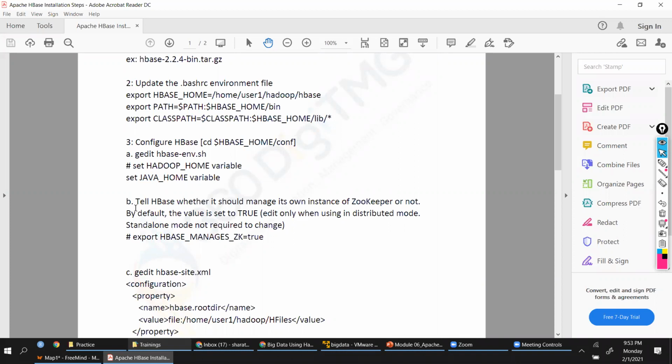Sir, question. Yes, please. For this one, HBase_home/conf, is it already set there? For example, in that env.sh, if we edit it, is the Java home setting already there? We just need to uncomment it, or are we going to add it manually? It will be there. It will be commented, but we need to make sure that you remove the comment and point it to the right location.